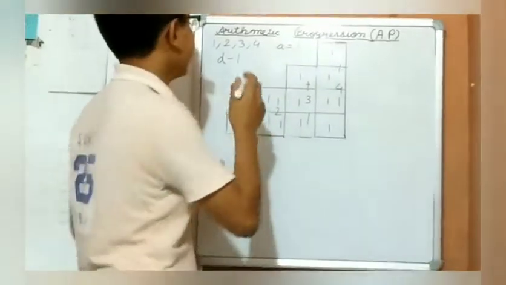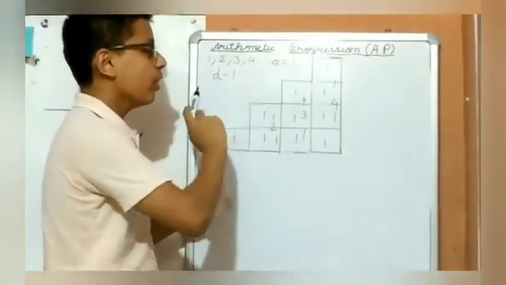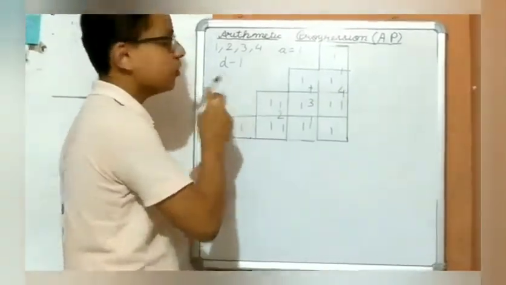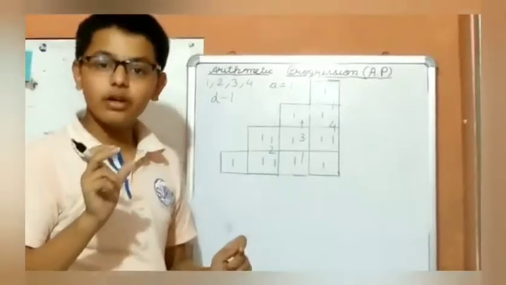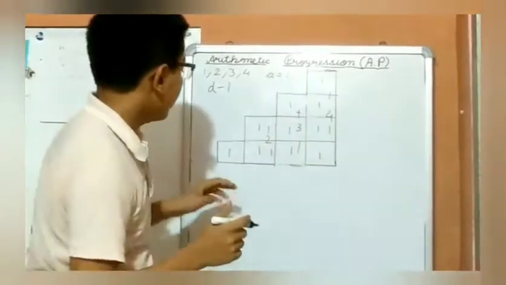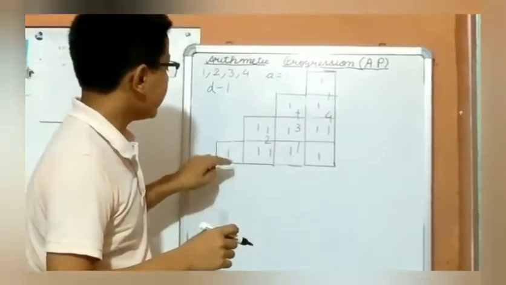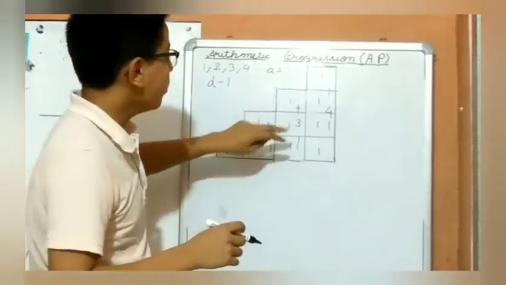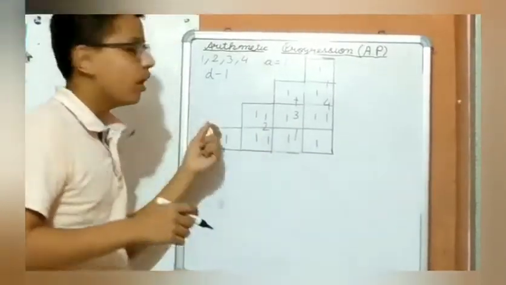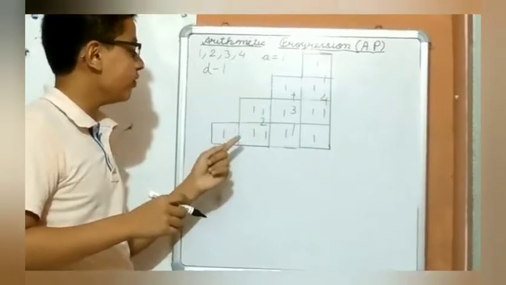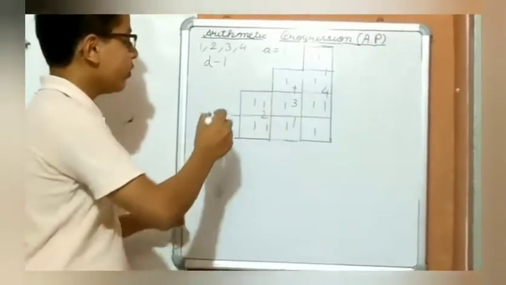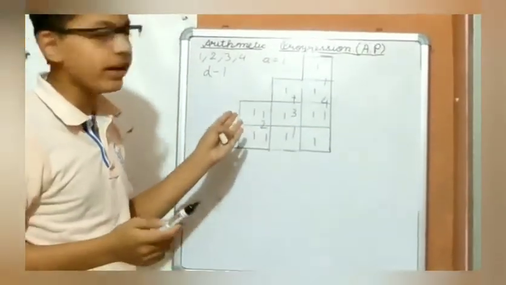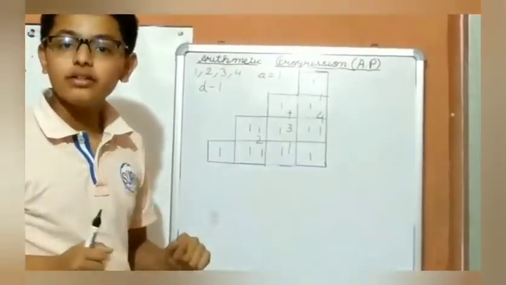So if you visualize this simple pattern, that is 1, 2, 3, 4, where A is equal to 1, that is, the first term is 1, and D is also equal to 1, that is, the common difference is 1. So let us assume that these are 1 unit, 1 unit, 1 unit, here twice 1 unit. So I have visualized this AP 1, 2, 3, 4 by using the method of squares. Here you can see that these are rising, and this is how beautiful an AP looks. You can assume it like you are climbing up stairs.